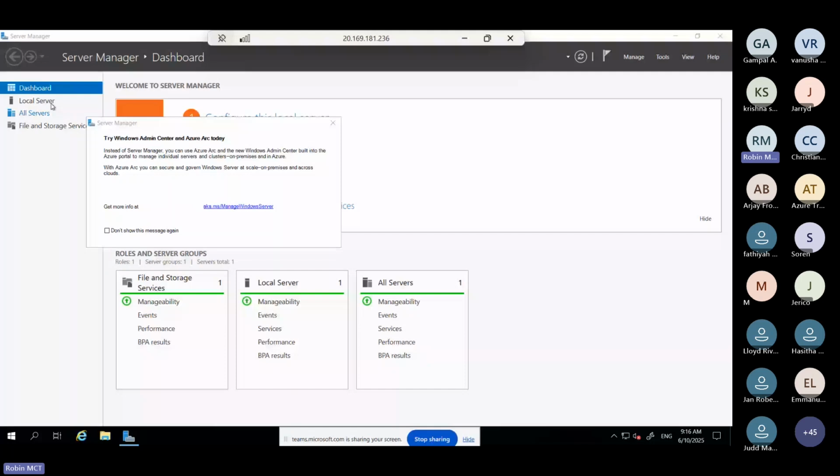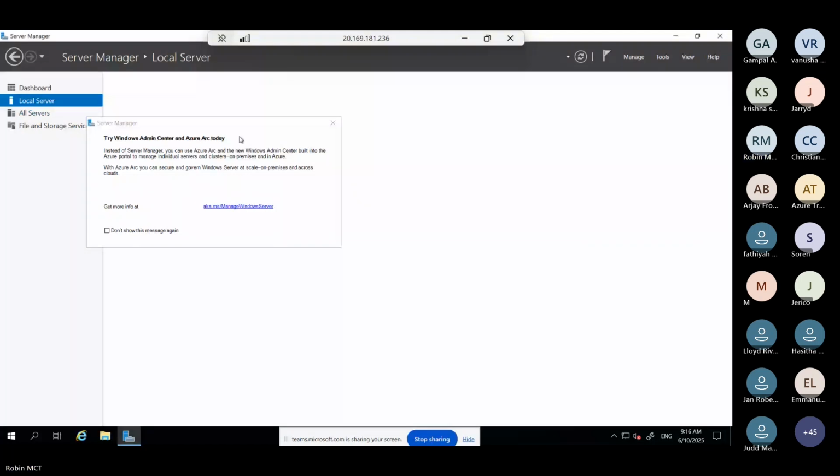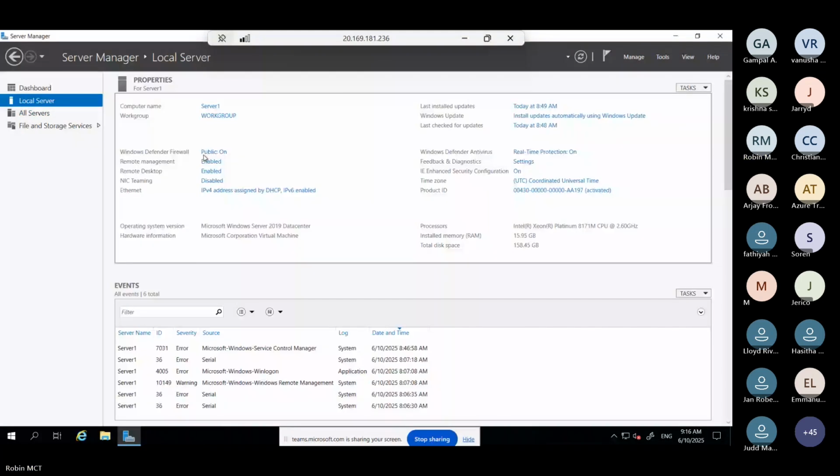Let's connect to the other server. Connected.